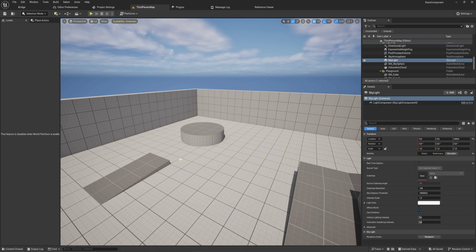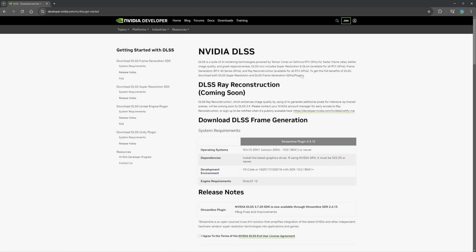With all the recent talk about DLSS and Nvidia's progression in that, you might have been wondering, hey, can I implement that into my own Unreal Engine game? And let's actually take a look at that today, because it is remarkably easy. Nvidia has a whole webpage dedicated to this very thing, which I will leave in the description down below, but